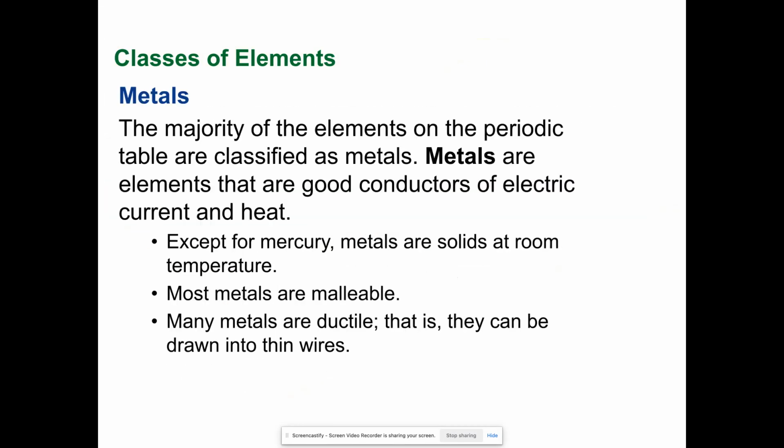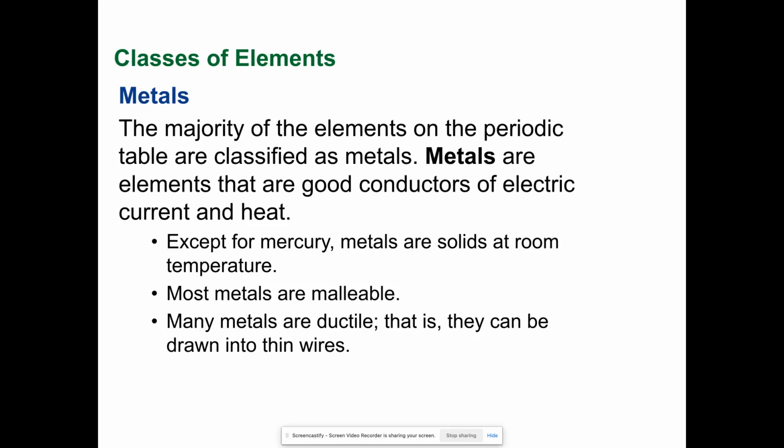So that's what that means. All right, metals are elements that are good conductors of electricity, except for mercury. Mercury is a liquid at room temperature. Remember that with a liquid, the atoms are further apart, less fixed. So that's why it's not the greatest